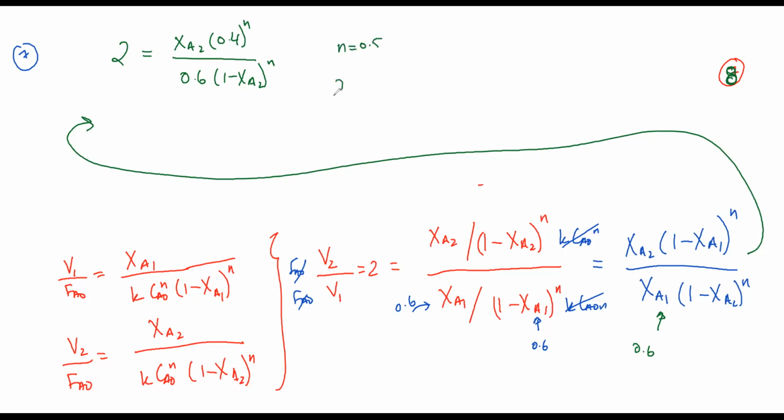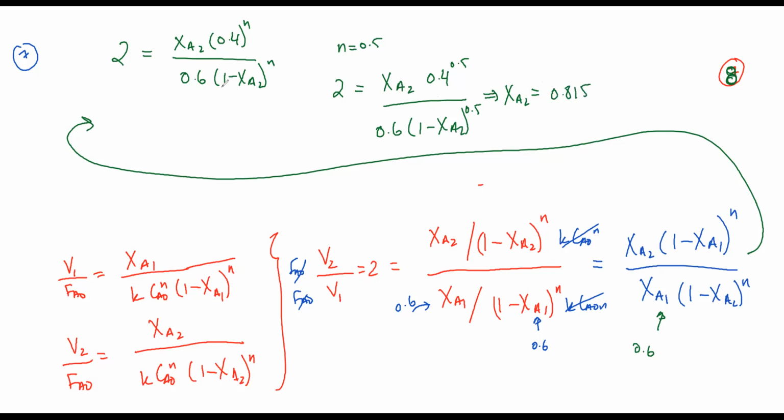So when N is equal to 0.5, I have 2 is equal to XA2 into 0.4 to the 0.5 divided by 0.6 into 1 minus XA2 to the 0.5. And you can use a calculator to solve it, or you can solve it by hand. But just be able to solve these types of problems. Or maybe Excel, you can do it in Excel as well. So in this case, you're going to get XA2 to be equal to